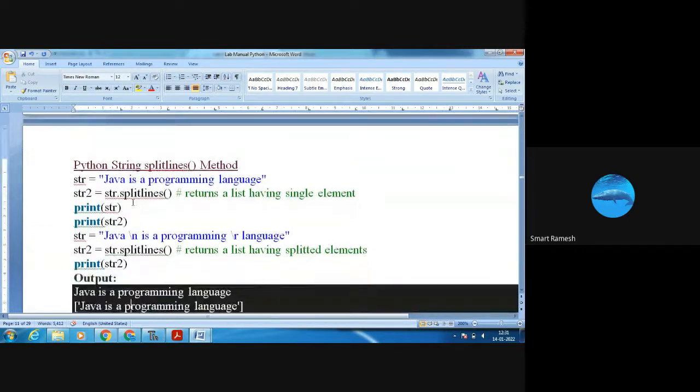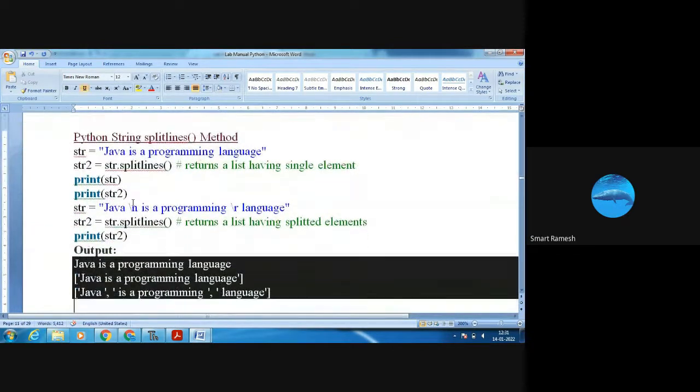Next is the splitlines method. See, the splitlines method: str equal to "Java is a programming language", str dot splitlines. What is the output? See the output. "Java is a programming language" initially. Next, str2. What is str2?